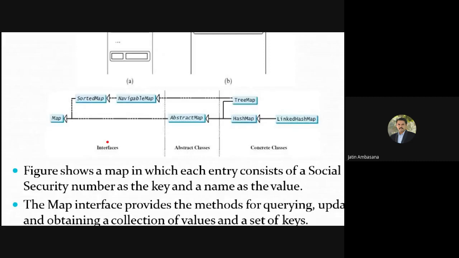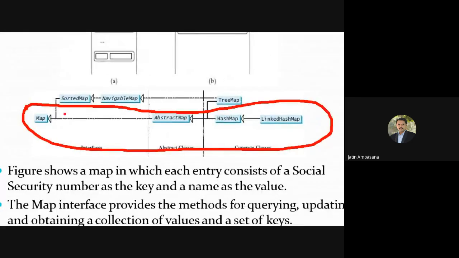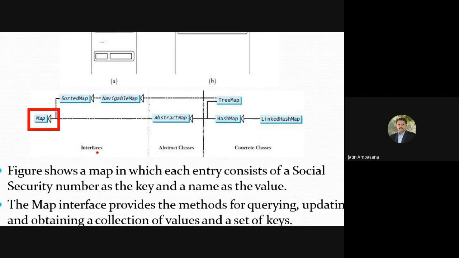It's not fixed that it will always be this case. This is not a predefined rule. Any hard and fast rule is not there. Understand? It might be that after creating map, the designers would want to add something, so they would have created another abstract map, but that would not have been a complete class, and then they would have created hash map. And after creating hash map, they would have created linked hash map to add some more property of linked list.